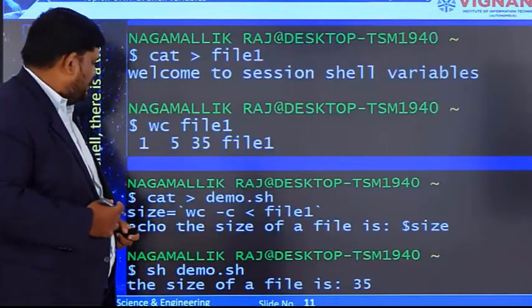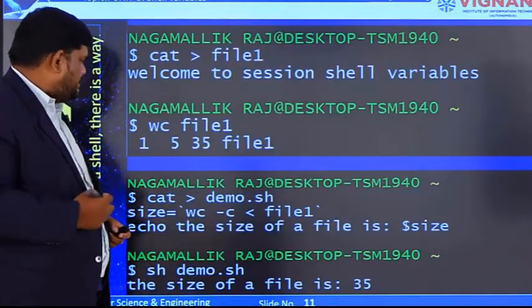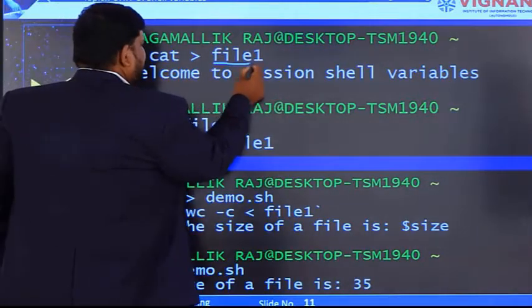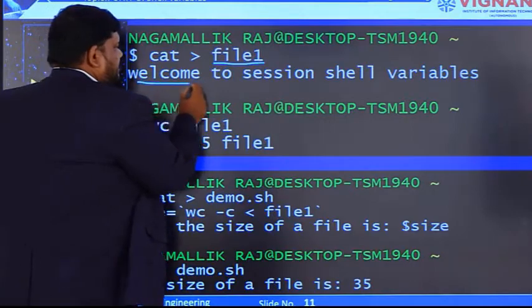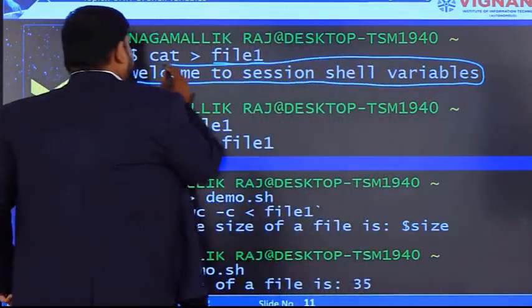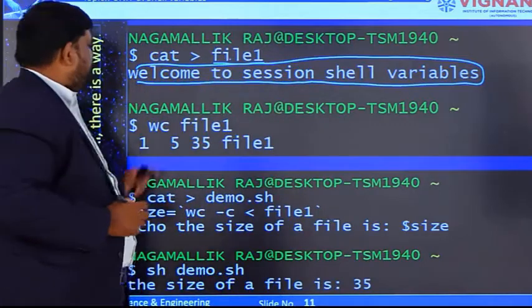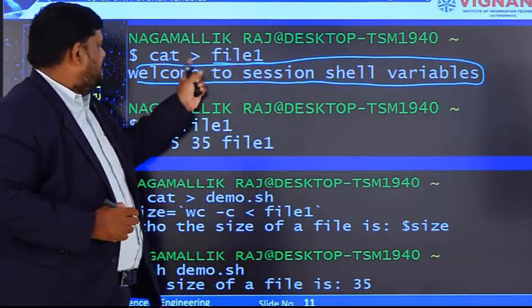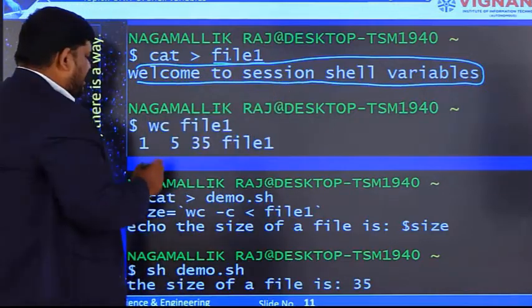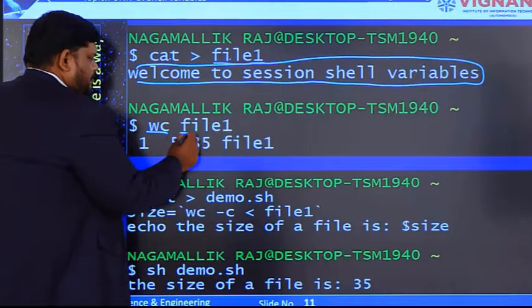So let us consider an example of how we are going to assign. For example, here we are writing some content to this file1. The content is "welcome to session shell variables". This is the content that is present in file1. If you type the command cat file1, this content will come. Now here I am writing the wc command on file1.